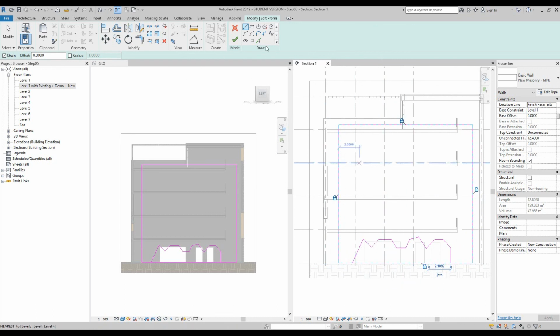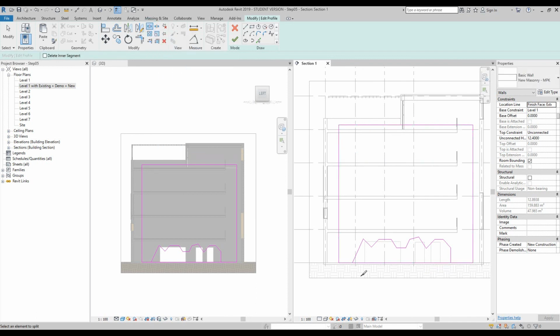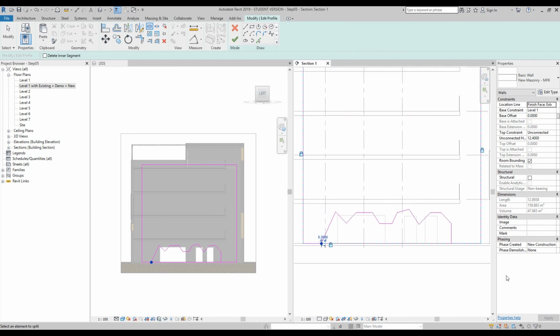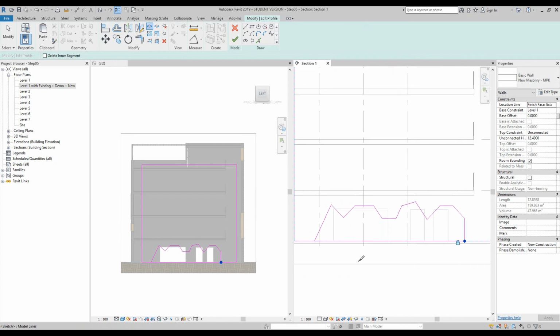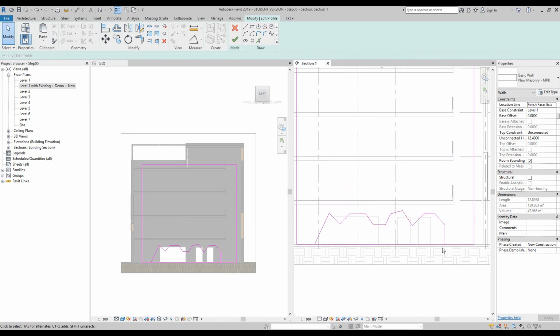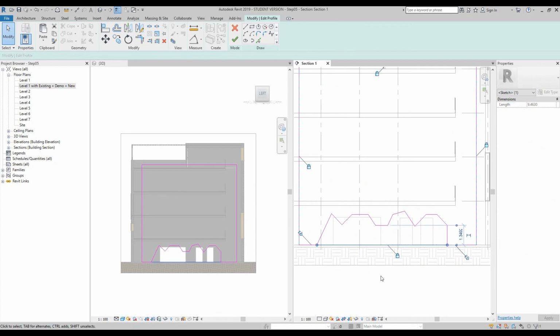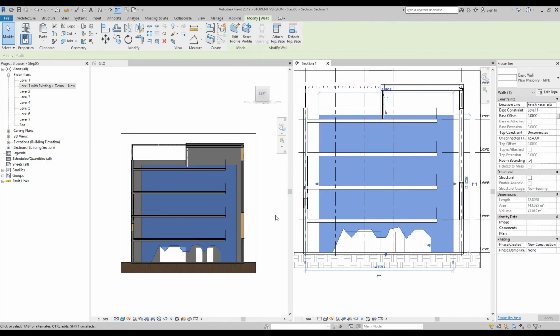So to do that, go up to the Modify tab. Under the Modify section, I want you to select the little button that says Split Element, and then zoom in slightly, and then where you see the intersection lines and the baseline is blue, click once, and then go over to the other side and then click again, and we have now separated the lines. Then press escape twice to exit the command, select that blue line, and then press delete. And once you've done that, I want you to press the green tick, and you will notice in section and in our 3D section